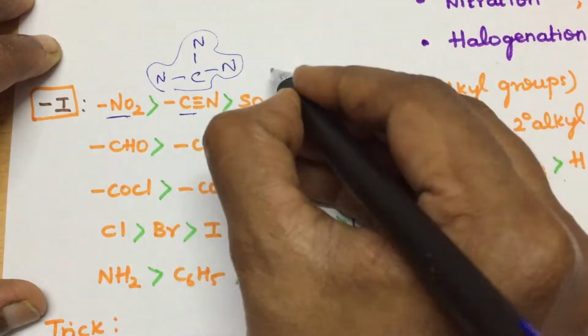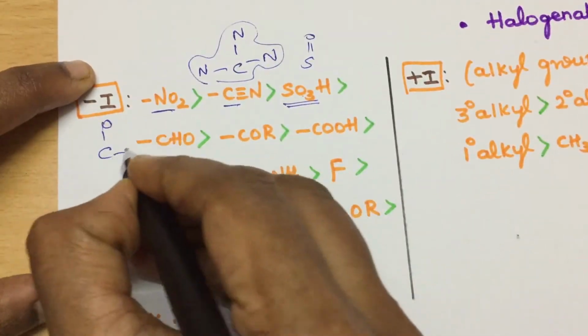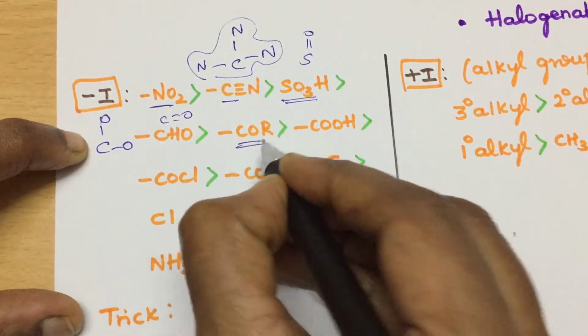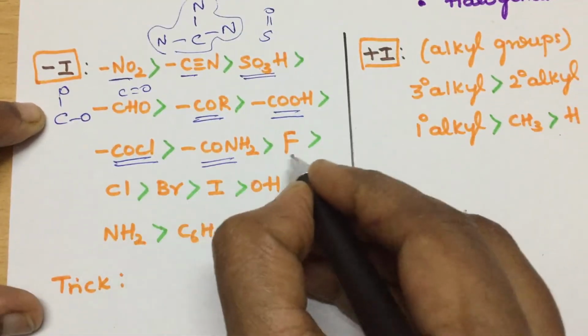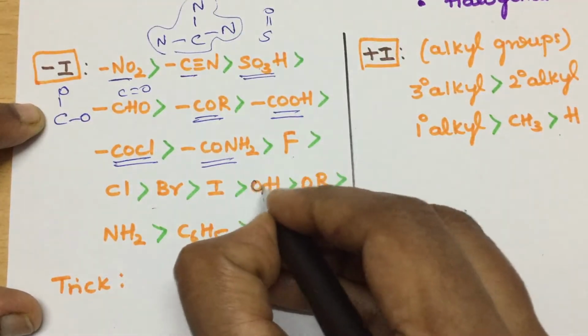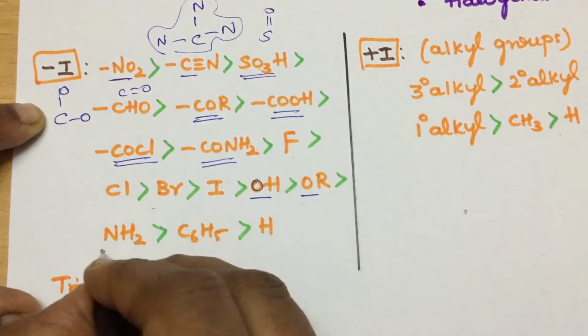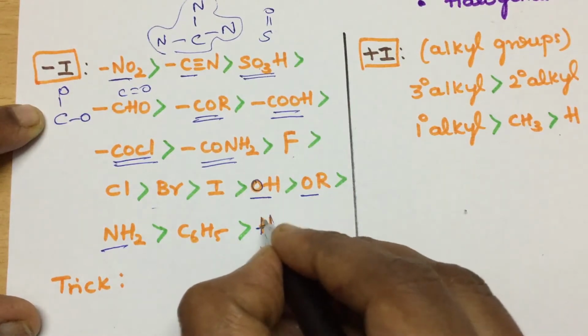So this is also more electronegative, sulfur, and in carbonyl the carbon is attached to oxygen twice. Carbonyl is what? C double bond O. Okay, here also this is ketone carbonyl, this is acid carbonyl, acyl carbonyl, amide carbonyl and all your halogens. And this is your oxygen, which is more electronegative. It's your methoxy, your nitrogen. Then benzene and hydrogen are almost neutral.